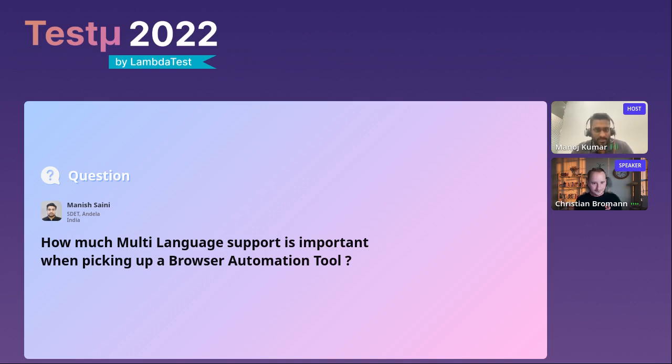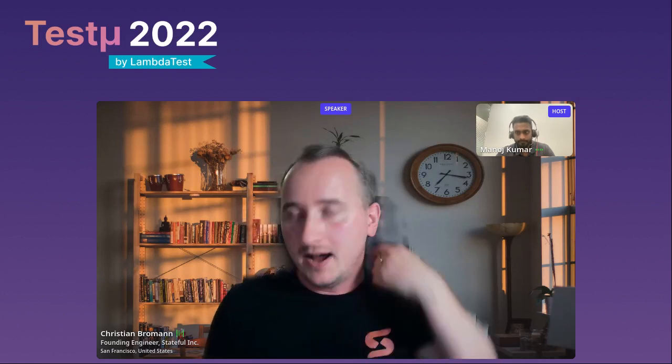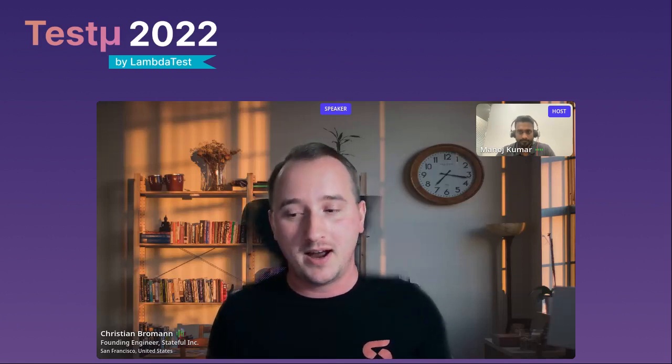How much multi-language support is important when picking up a browser automation tool? Well, obviously, I believe that the tool needs to be suited for the team that uses it. If you have a team of QA engineers that have knowledge in different languages, or have only knowledge in PHP or Java, then they should use a framework that is built in Java or PHP. We have seen the question in the past, in other sessions, like we see more and more JavaScript frameworks popping up, and that's why I believe,